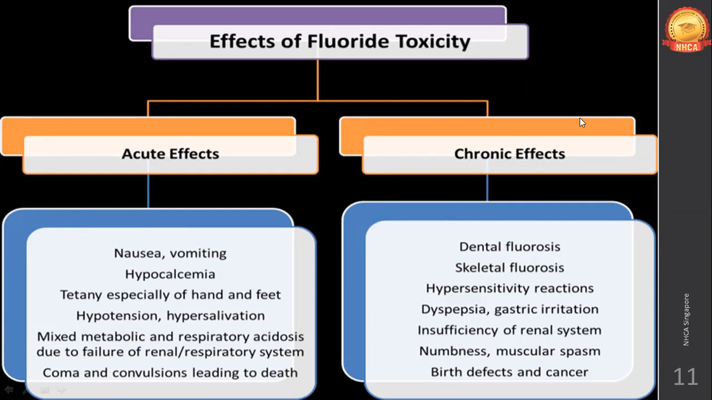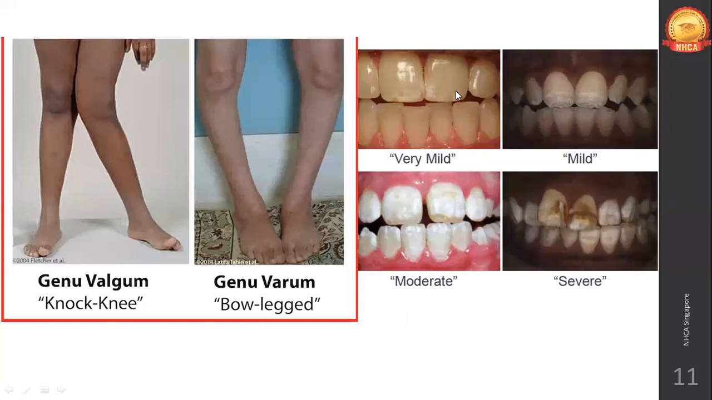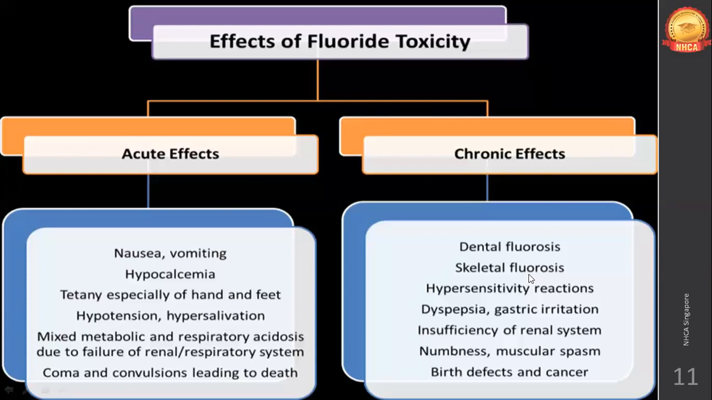Chronic fluorosis, slowly over a period of time. Since you're born, you're drinking the same water from the same source, which is highly fluorinated. So you will suffer from chronic effects of fluorosis. Dental fluorosis may take place, which I have shown you in the previous slide, this is the case of a dental fluorosis. Then skeletal fluorosis can take place, genu valgum, genu varum, hypersensitivity reactions, too much of allergies, dyspepsia, indigestion. Dyspepsia means indigestion, gastric irritation,